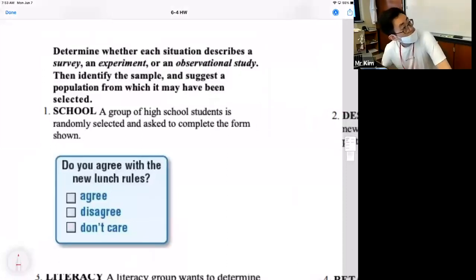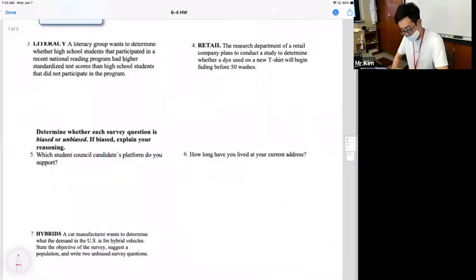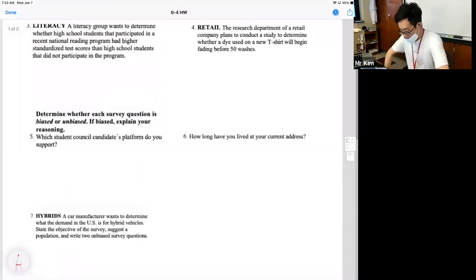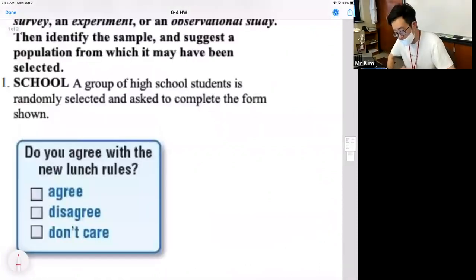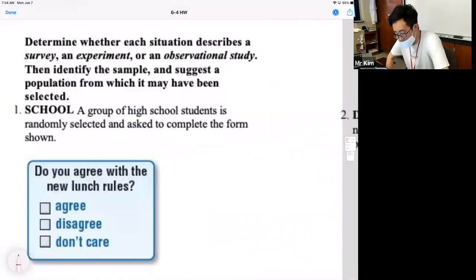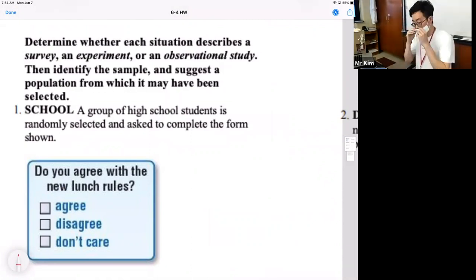All right, so if you guys could just have your homework out, please. We will go over these 6 problems, or actually 7. For all of these questions, 1 through 4, what I'm asking you to do is describe if each of these situations describes a survey, experiment, or an observational study. Remember, a survey is just to ask you a question, to get some sort of an opinion. In an experiment, you're imposing a treatment. An observational study is like you're observing data or statistics that was already put in place, and based on that, you're able to make some sort of a conclusion, or what we call correlations, yes?